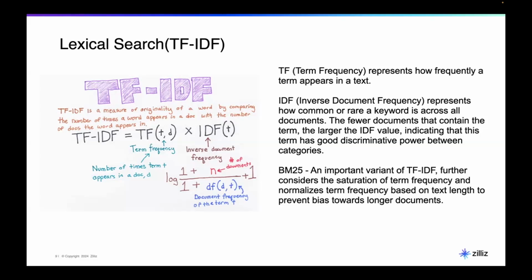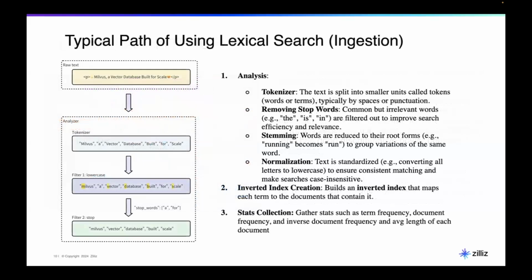Elasticsearch and all Lucene-based search actually use the same technology, but there are different versions of how you can calculate the stats. One of the most popular ones is called BM25. They generally use the same idea, but they change some of the hyperparameters to make sure that search makes more sense, right? Okay.